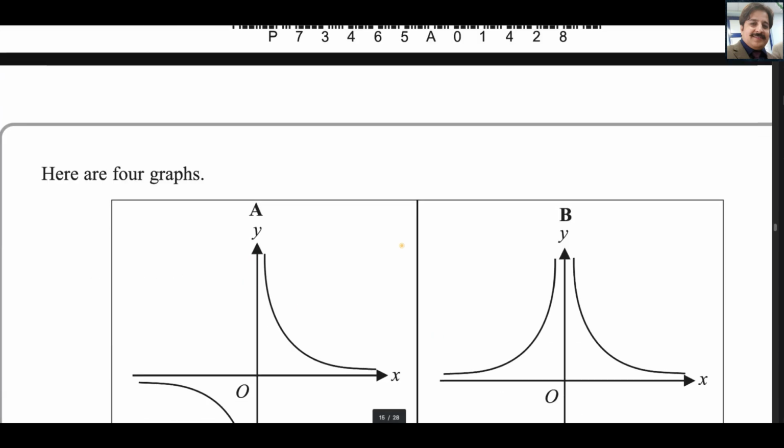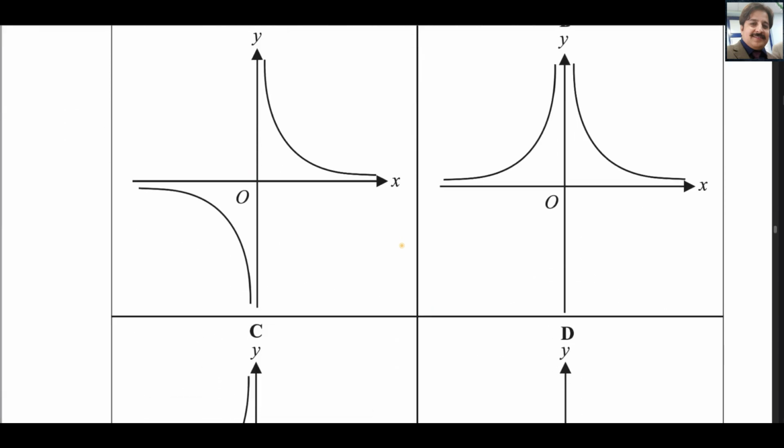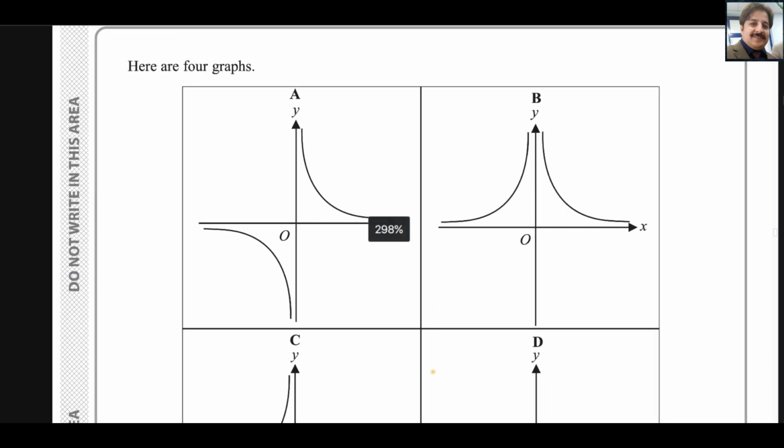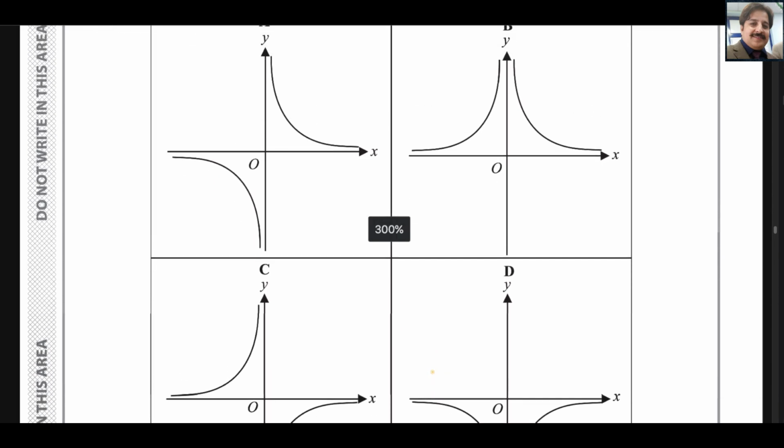Okay, now here are 4 graphs given. Actually these are 4 basic graphs for reciprocal functions. Let me write the equations for these graphs. You have to memorize them. When y equals k over x,